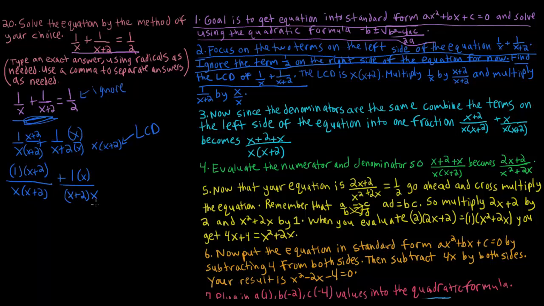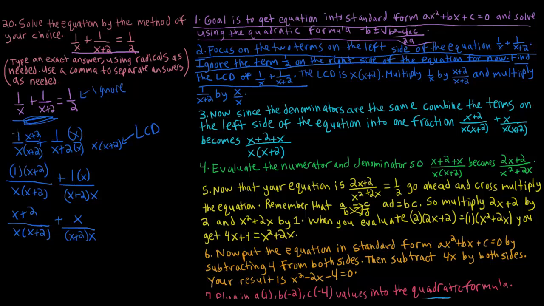So if we evaluate that, we have 1 times x is just x, 1 times 2 is just plus 2, over x times x plus 2, plus 1 times x is just x, over x plus 2 times x. So 1 times x is x, and then you have just the same thing as the denominator, x plus 2 over x. And actually, because now we have the same